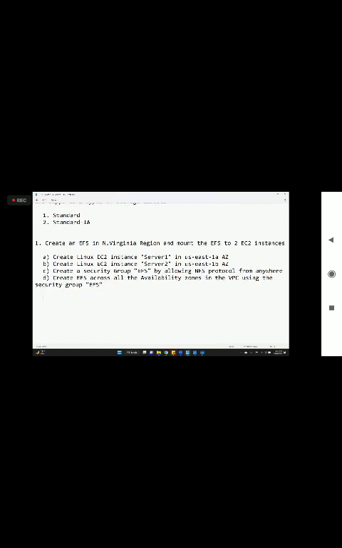Then we have to do the mounting of the EFS on Linux EC2 instances. First step is to log into server 1 and create a directory. A directory is nothing but a folder. Technically, we call it a directory. Create a directory named server1, or I can say create a directory as /server1,